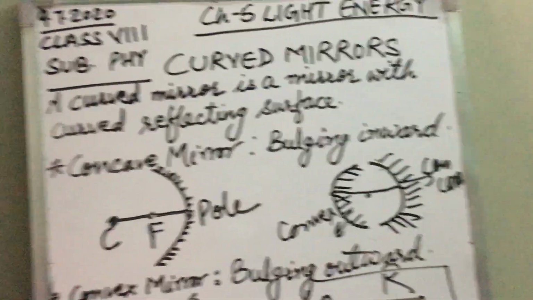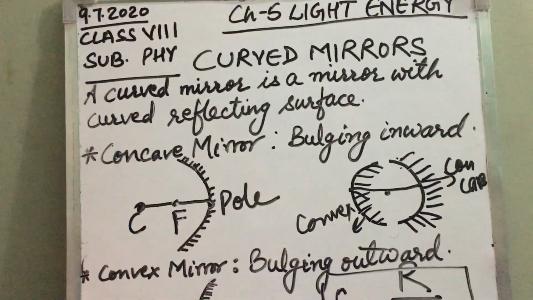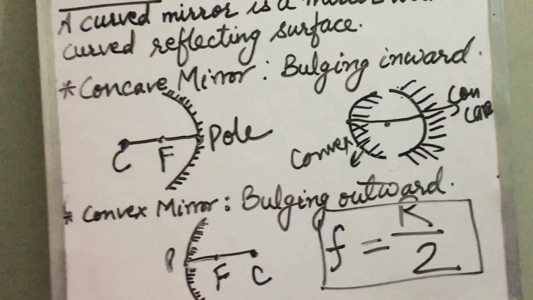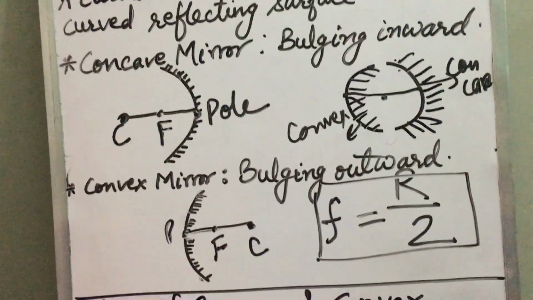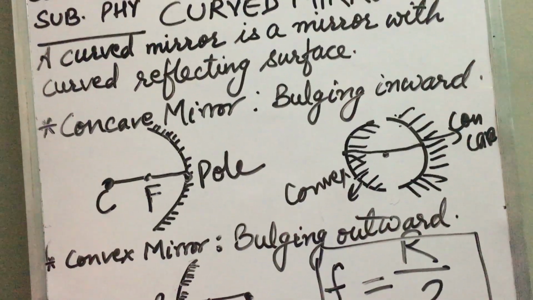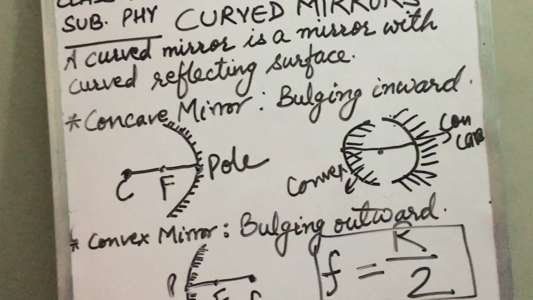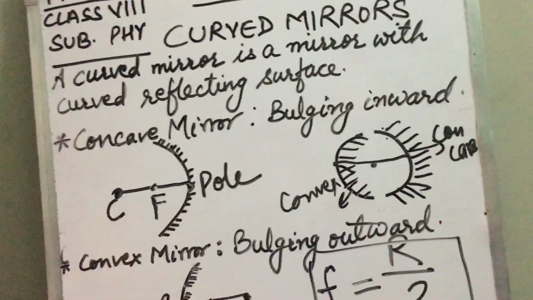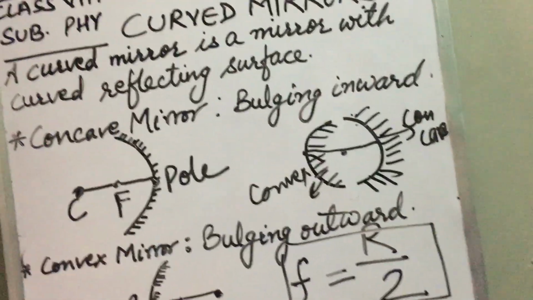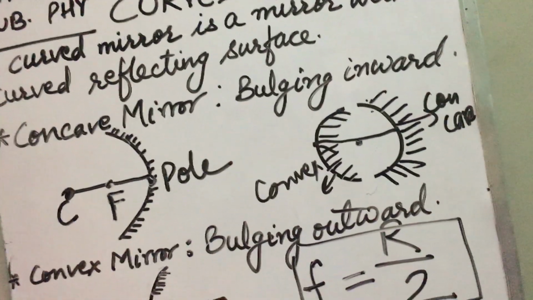In microscopes, that concave mirror is used to just focus the light on the slide on which the specimen is kept. So in microscope concave mirror is used. Then if you have visited a dentist, or if your father is shaving at home, you must have seen that mirror they are using. That mirror is actually a concave mirror. The concave mirrors are often used as dentist mirrors, shaving mirrors and makeup mirrors.